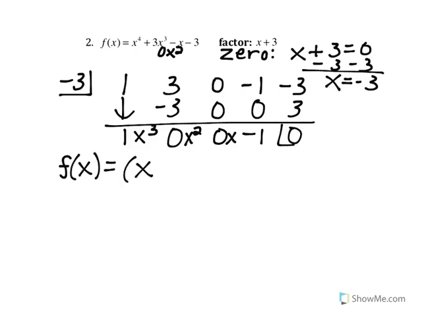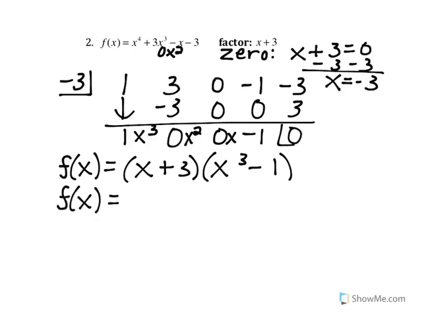So we started off with a factor of x plus 3, and now you're left with, after dividing, x cubed minus 1. So what you're going to do is factor the x cubed minus 1 using the sum and difference of cubes formula. So if you recall,